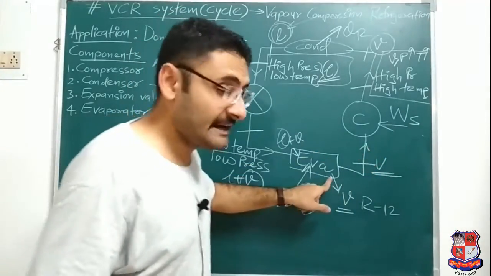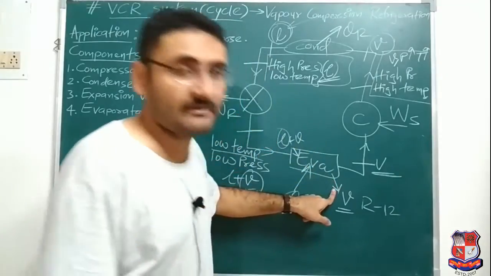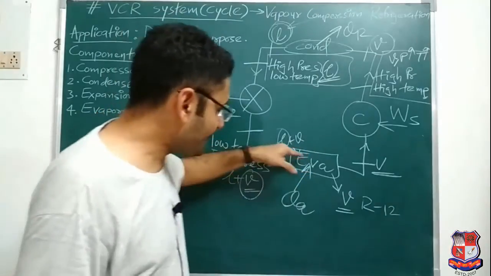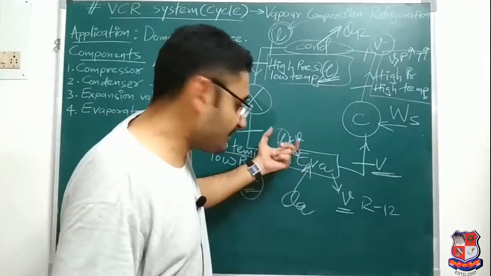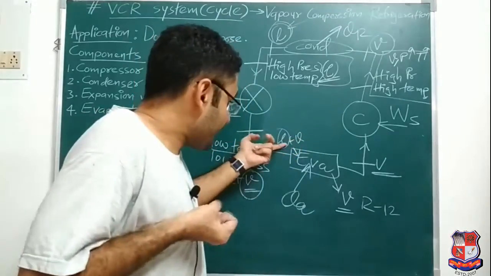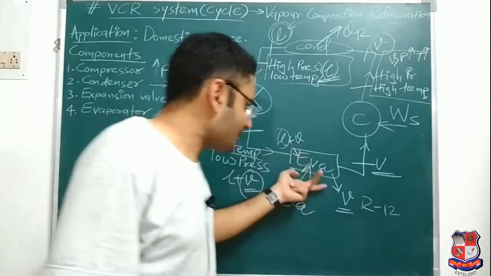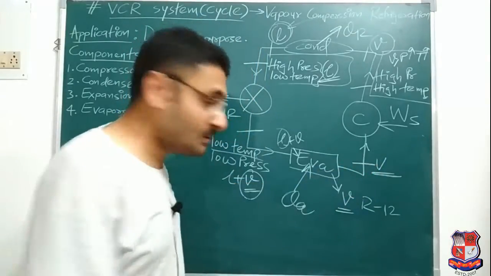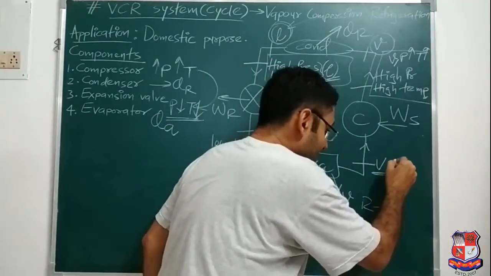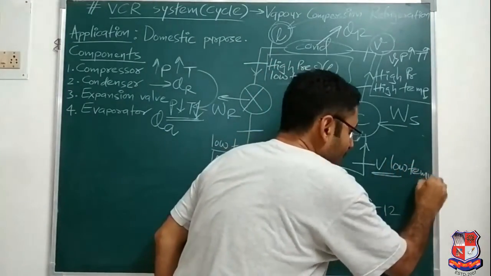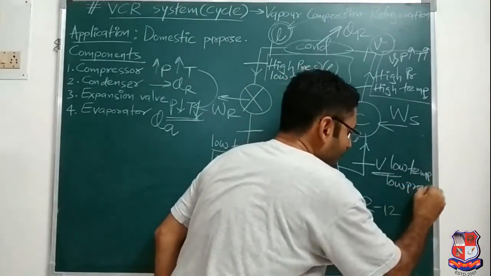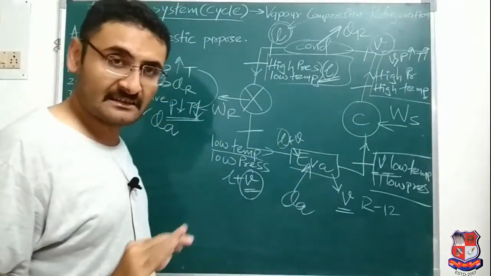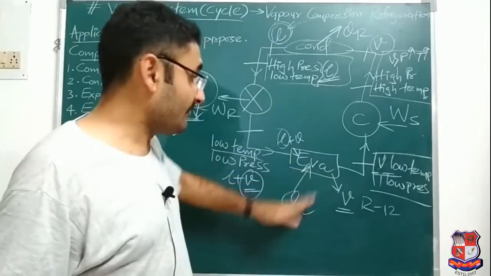Okay. What I said at the initial stage, which thing is present? The vapor form of refrigerant is present. Why vapor form? The word I used, actually it is liquid plus vapor, but when the liquid plus vapor mixture enters the evaporator, it absorbs the heat, so that the liquid particles convert into vapor particles. That is why at the outlet of the evaporator you will get pure vapor. And over here the evaporator will do what? Low temperature and low pressure vapor is present. So the evaporator will absorb the heat.